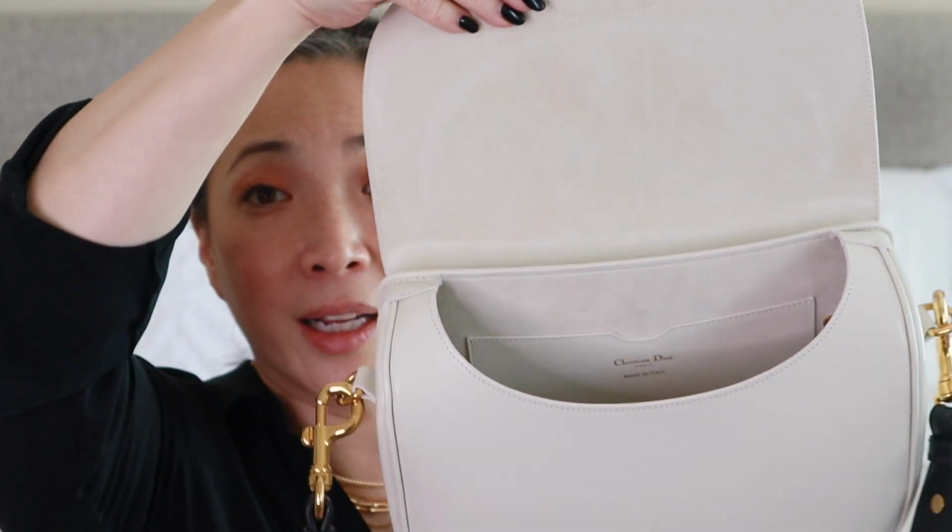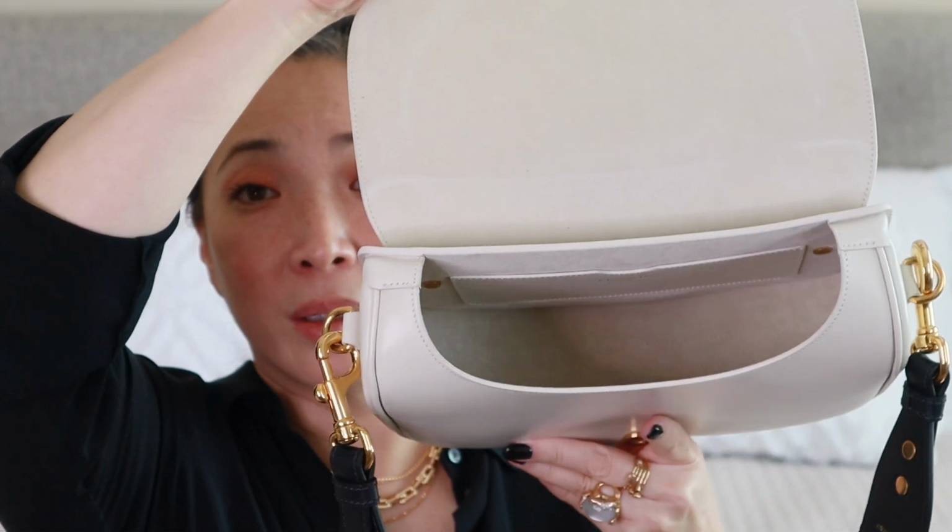But I do just love a crossbody kind of saddle bag. So I'm just a little bit sad that I can't wear a crossbody. Anyway, let me move on from that. I do like that there's a magnetic closure in here, and I do like that it's just one big